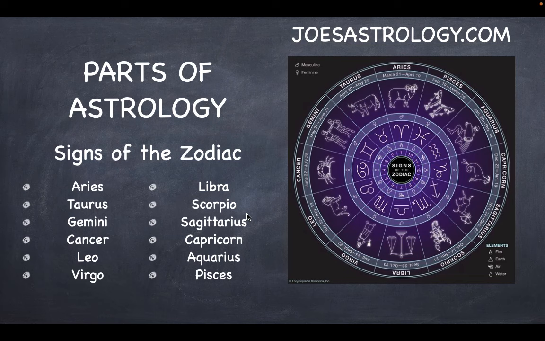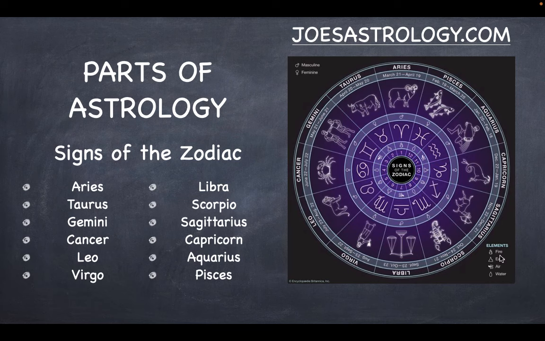And this is the first primary component of astrology, the signs of the zodiac. We have Aries. Over here in the picture, there's Aries and the symbols of Aries. You have the ram, and that's the glyph there for Aries. And there's the date there as well. And we have here in the corner, if you can see that, masculine and feminine. And they alternate: masculine Aries, Taurus feminine, Gemini masculine, Cancer feminine, and then around the zodiac wheel it goes.